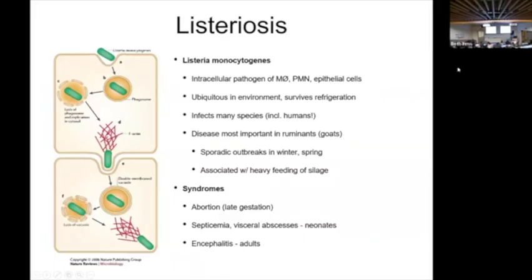Okay, Listeria. So this guy is cool, one of my favorites. He has kind of a special mode of transport. So this is one that also invades axons, but it does it by essentially co-opting host actin. You guys remember what actin is, like myosin and actin. It's a muscle protein. So this is part of the cell cytoskeleton, and it's how the cell moves things around. So they essentially polymerize actin to crawl along these microtubules. It's like pulling yourself up a rope,